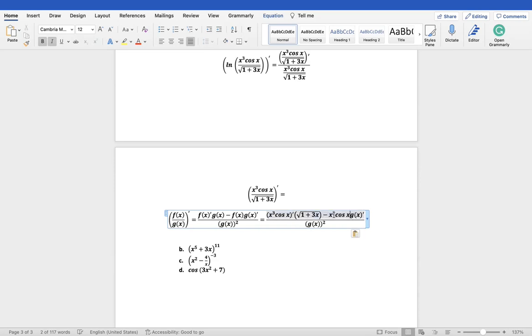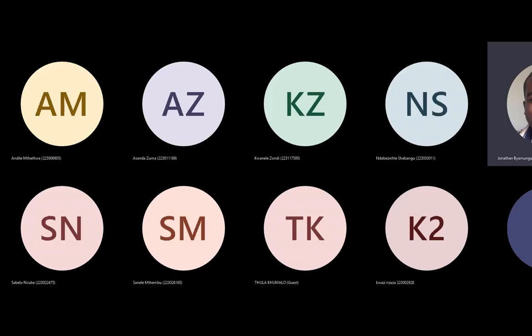So let's just rewrite that. Multiplied by our g of x prime, which is just root of 1 plus 3x prime, right? Divided by